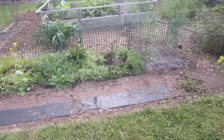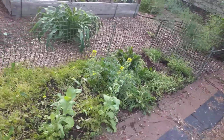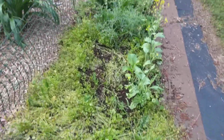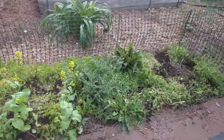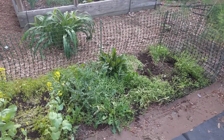The perennial bed is still a work in progress, but I'm not in a hurry. I think in another year or two, this is going to be a nice little bed. The miner's lettuce, Claytonia. I forgot the other one. I got basically two patches of some self-seeding perennials that is overseeded. I'm going to let that